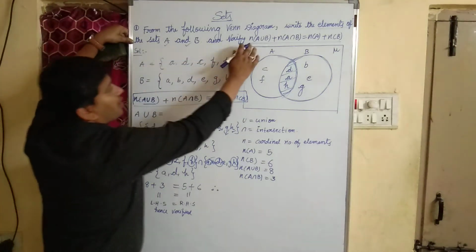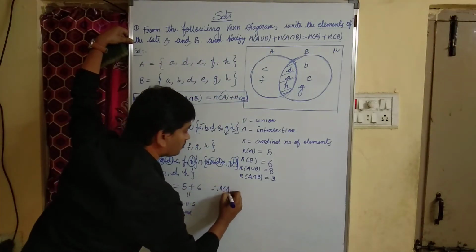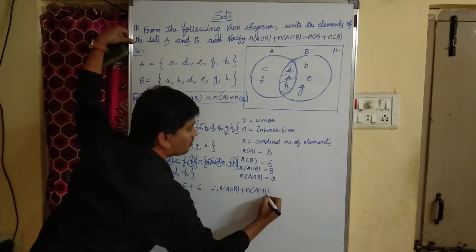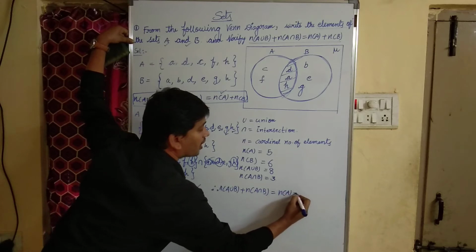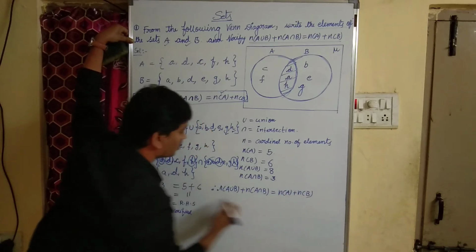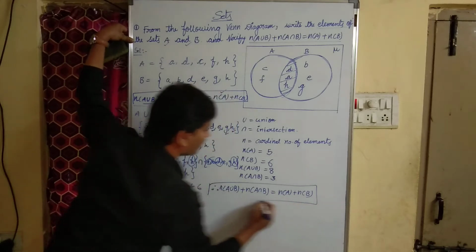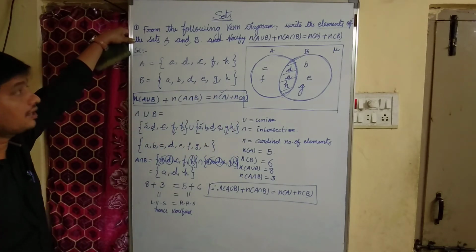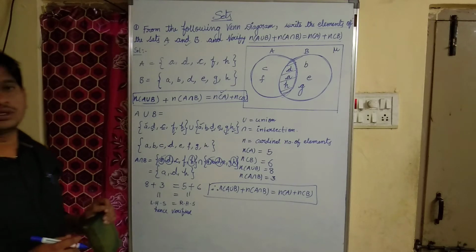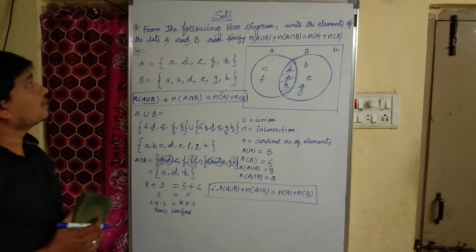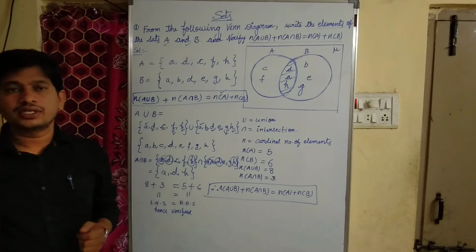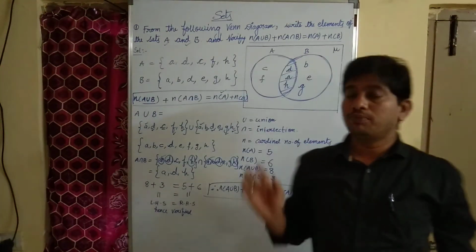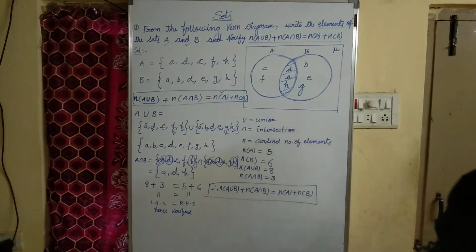Therefore what can we say that? Therefore n of A union B plus n of A intersection B equal to what? N of A plus n of B. So this is our relationship between n of A, n of B and n of A union B and n of A intersection B. Okay. So these are the types of problems they'll ask for this year 8-mark question. Okay children, so this is the most important 8-mark question which is given from sets.